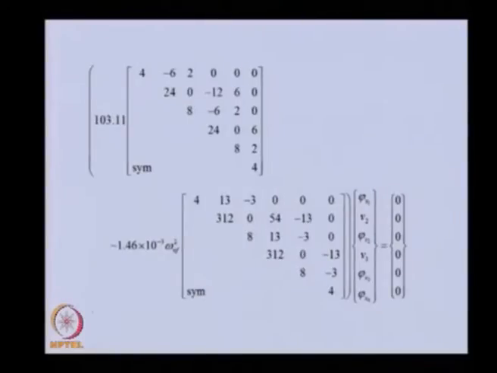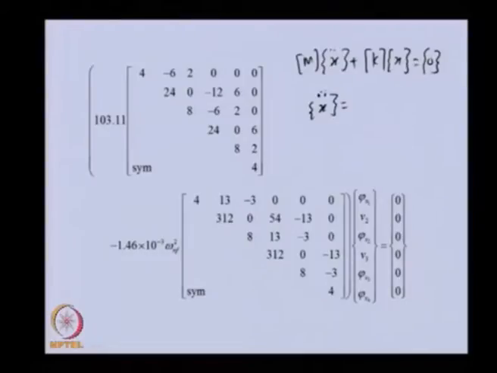For simple harmonic motion, we can write like this. Basically, we have already seen this kind of conversion. So we have this kind of equation for simple harmonic motion. X double dot can be written as this, where omega nf is the natural frequency of the system. If we substitute this here, we will get the form of the equation like this.